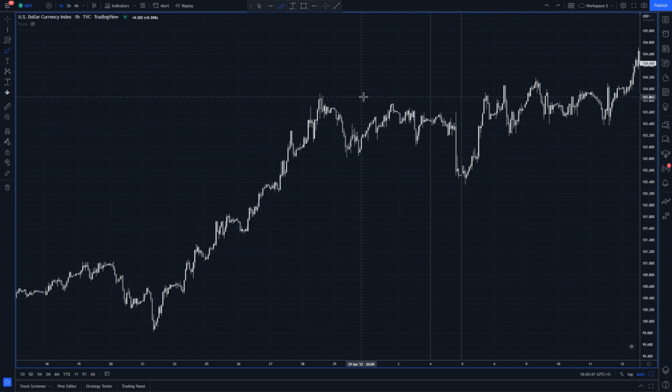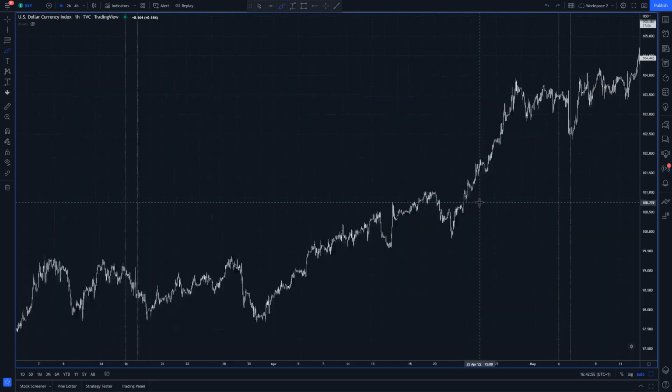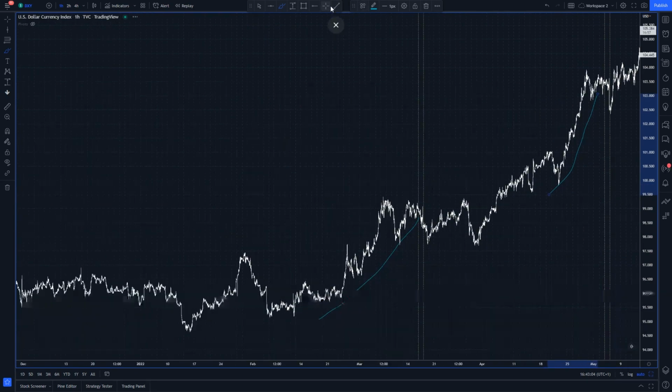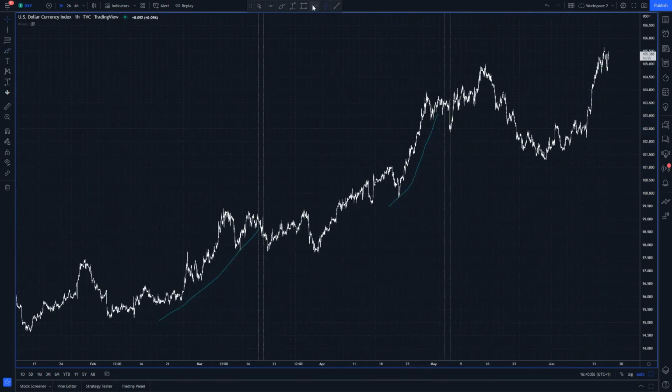Now, keep in mind that our anticipation for both of these two events was very similar to the one that we had going into today, where we had very, very bullish positioning going into it. So the dollar had been appreciating going into the event. We have the exact same thing right now, where the dollar has been looking stretched and appreciating going into the